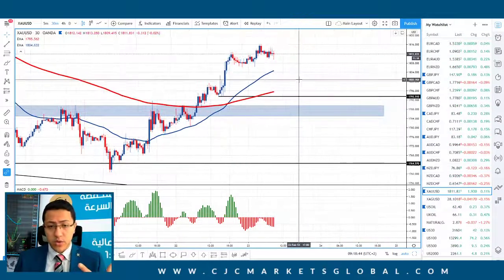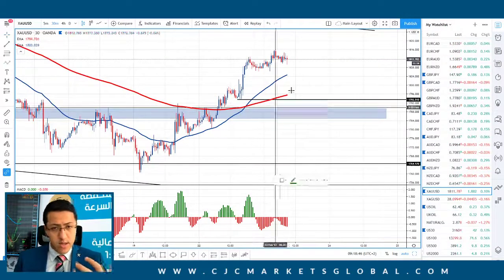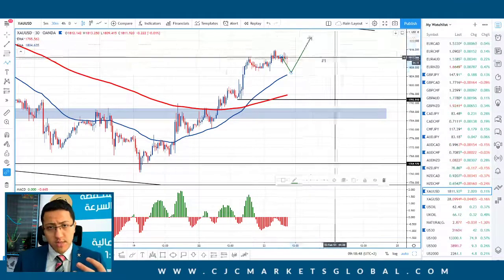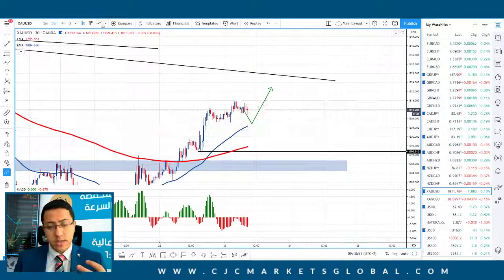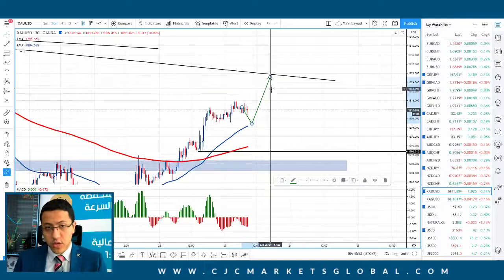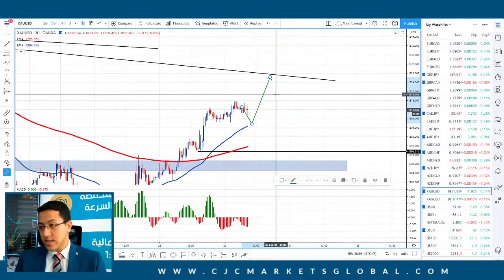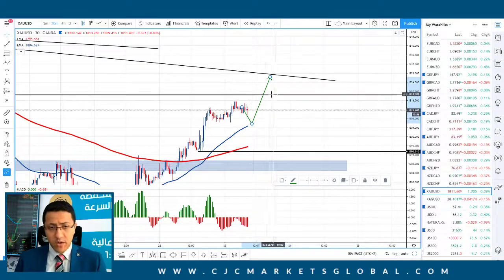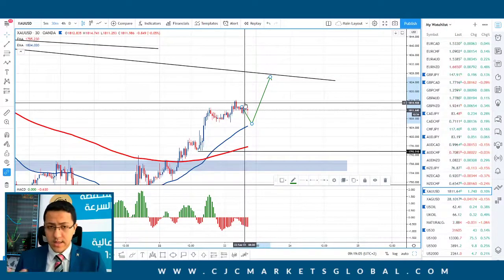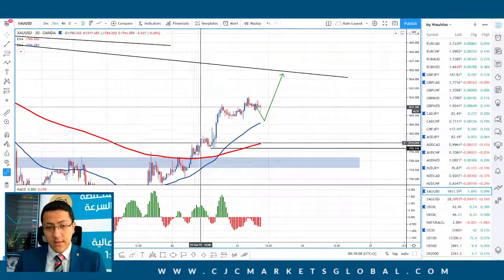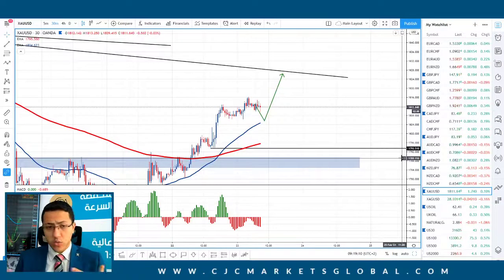What we are expecting through the day is a downward correction, a minor one, to retest maybe the 50 EMA on the 30 minutes time frame, and then continue the move to the upside till $1825 per ounce, and that's for the gold trading. So we are expecting a continued move to the upside. However, we might have a correction first and then move to the upside. Our key level is 1793.51. As long as we're trading above this level during the next couple of days, the target of 1825 is just a matter of time.